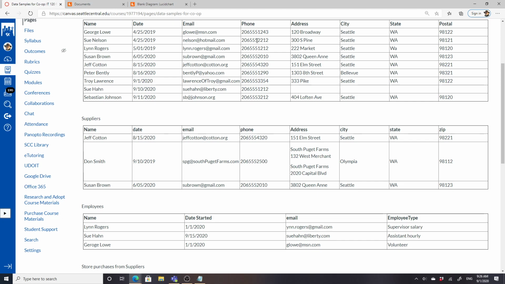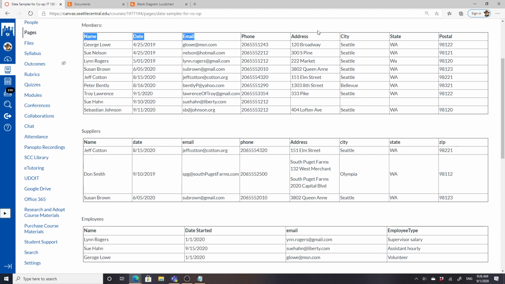And the other thing about an address is that you have basically a block: phone, address, city, state, and postal, all of which is related to the address and not directly related to the member or the person name. So it violates the second normal form, right? So what we need to do